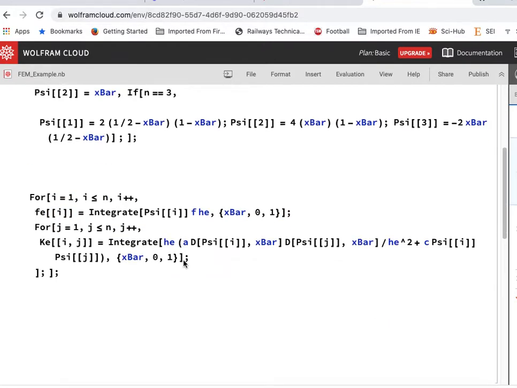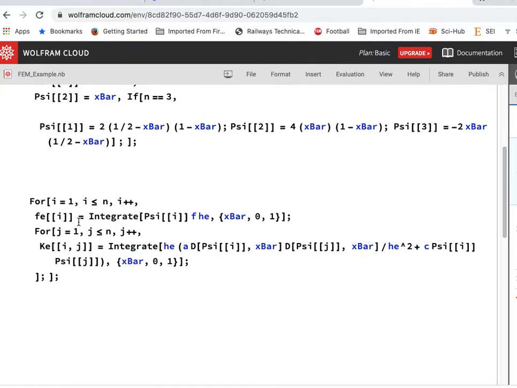Anyhow, you can write the syntax accordingly. So once you define your interpolation functions, then getting matrices is very trivial. You first loop over i. So you say for i equals 1 to small n, what do you do? For the force vector Fe of i, what was it? It was the integral from x bar equal to 0 to 1 of Fe into psi ei into He into dx bar. So I write this in analytical form, with x bar going from 0 to 1.